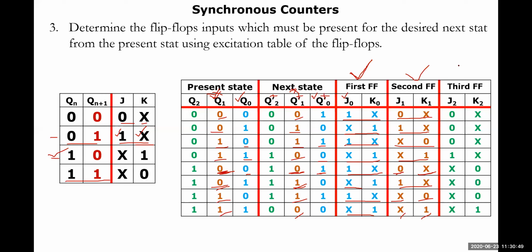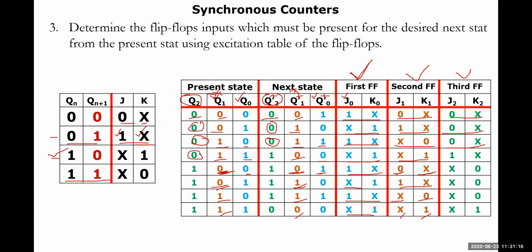And third flip-flop, let us evaluate this one also. Here we need to consider this area and this particular area. These two will be taken into consideration. 0, 0 will be inputs. What is the value? So 0, don't care. Again inputs 0, 0, just before we have seen 0, don't care one more time. There is no difference at all. Again 0, 0, so 0, don't care again.